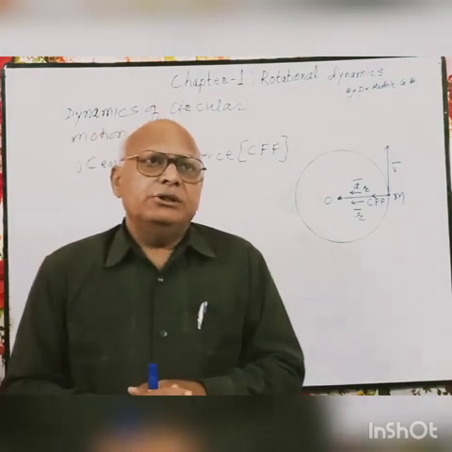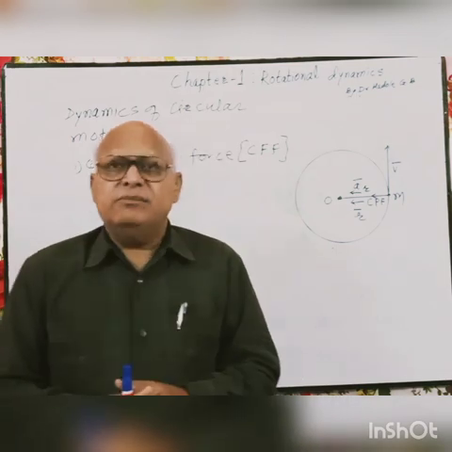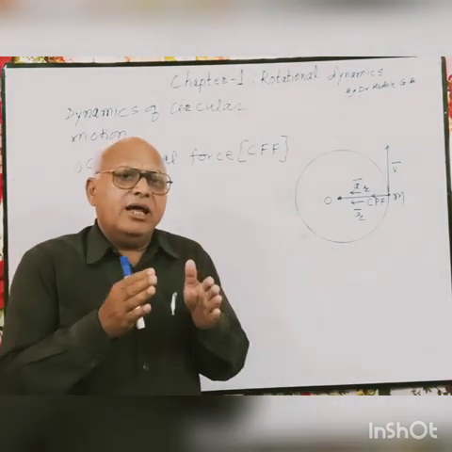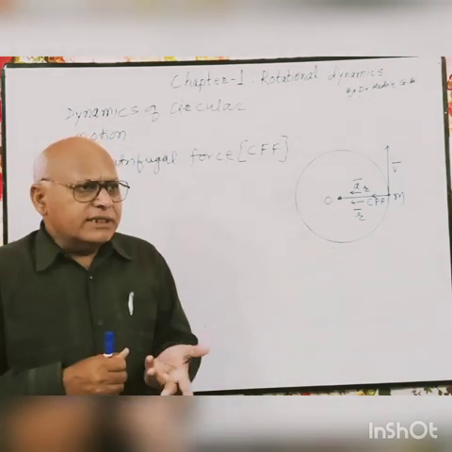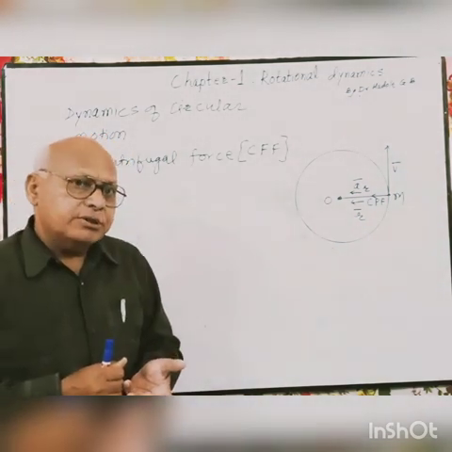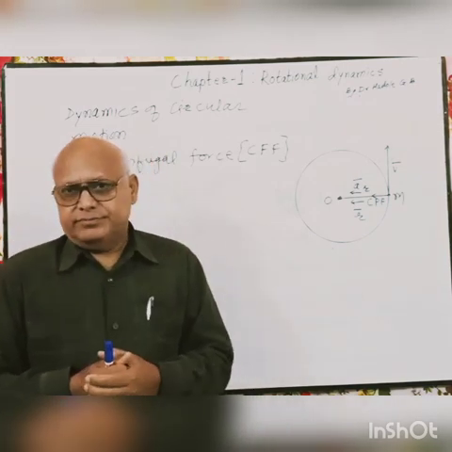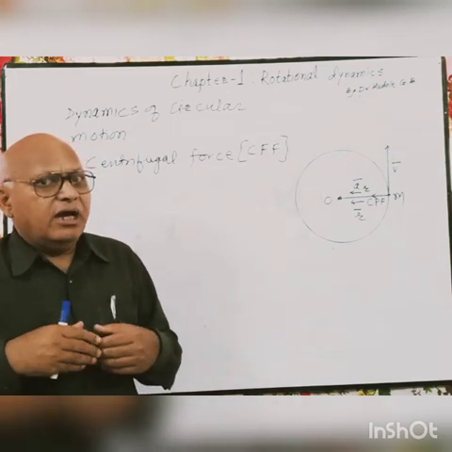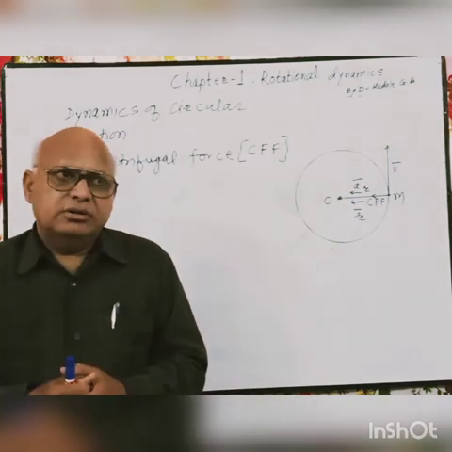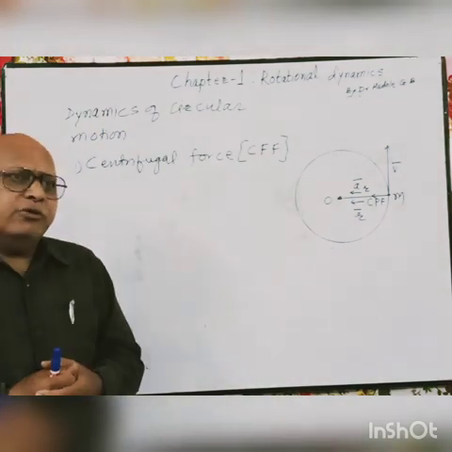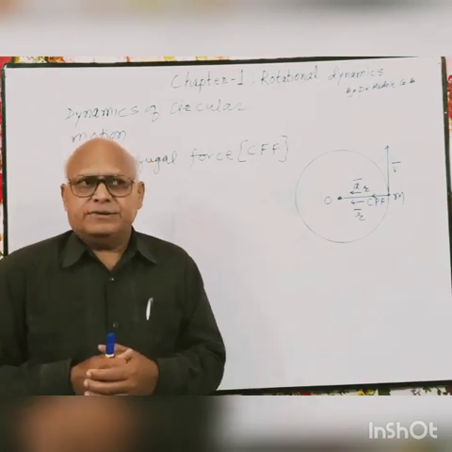For example, you are sitting in a merry-go-round. When the merry-go-round attains maximum speed, the inclination goes on increasing. Why is this inclination increasing? Because you are under the action of centrifugal force. This force is directed away from the center of the circle. Of course, when the centrifugal force is more, a vehicle can skid off the road surface.